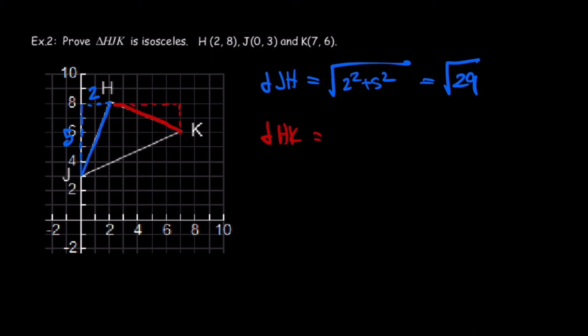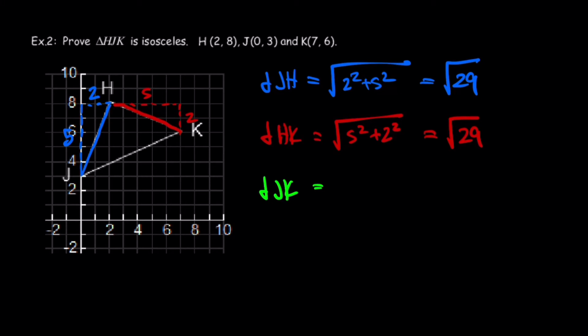Delta x, 1, 2, 3, 4, 5. Delta y, 4. So that's square root 5 squared plus 2 squared. Sorry, my bad. That's a 2. I'm getting ahead of myself. 2 squared is 4. Obviously, those numbers are the same as what's up above, so that would be square root 29. And the last one,